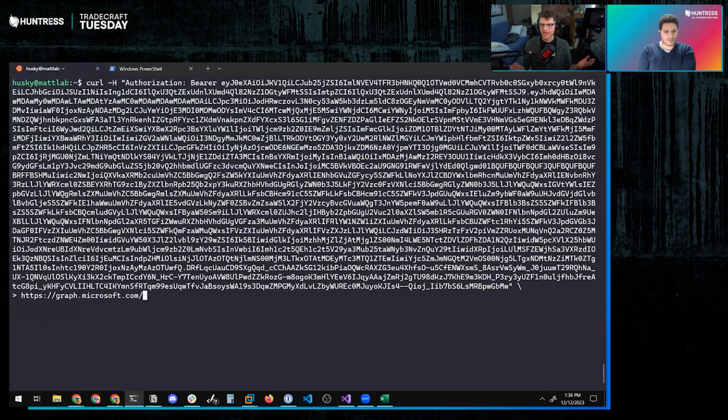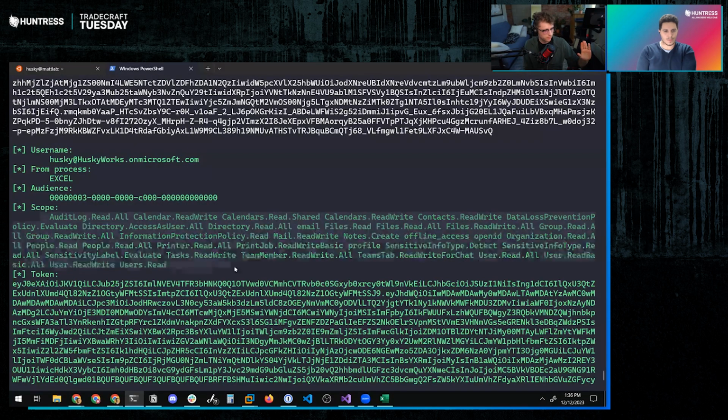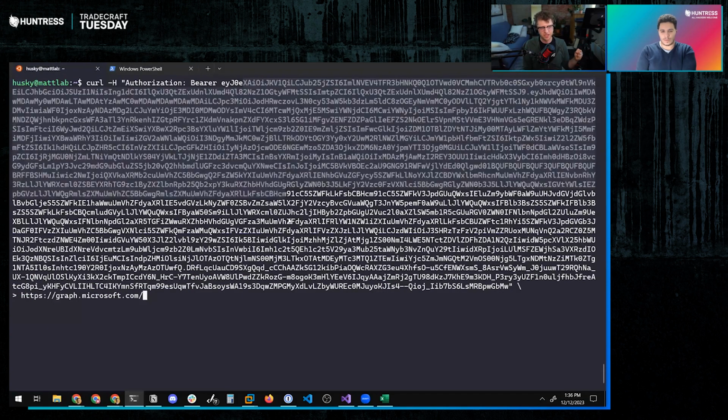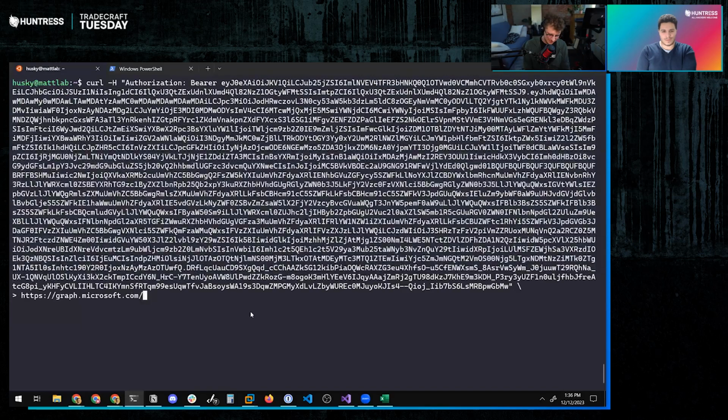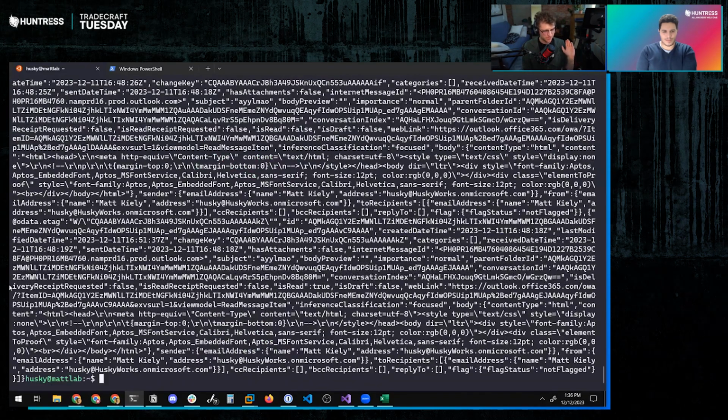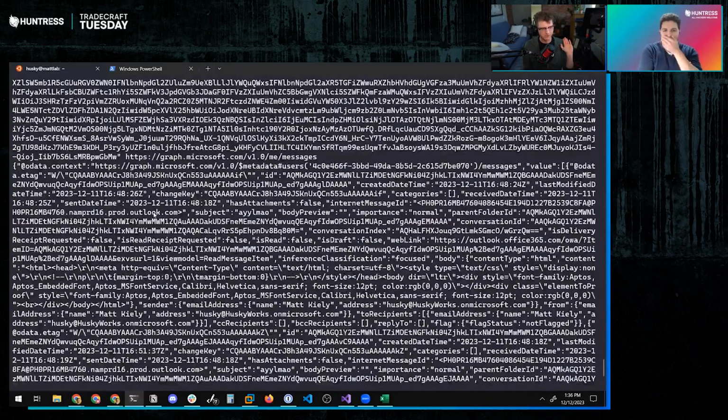Now, based on our token scope and audience, we should have any number of resources that we can access at our disposal, because we are giving them the access token. And we can say, for Graph API version 1.0, for me, I'm going to go ahead and dump out, I got to spell the endpoint correctly, all of my email messages.